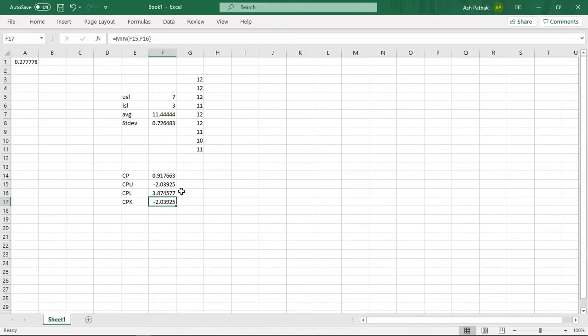If CPK is less than 1, it means there's very poor performance here. So what is the CP here? Let's look at the situation. This is a very interesting situation. Your process potential is 0.91, which is very near to 1, which is not very bad by design. Okay, design is good enough, but the performance that I'm giving is really pathetic, and due to that, CPK tells me where my process is currently at.